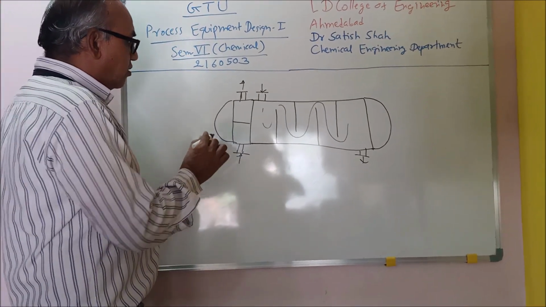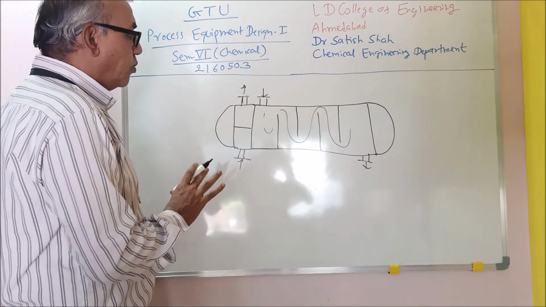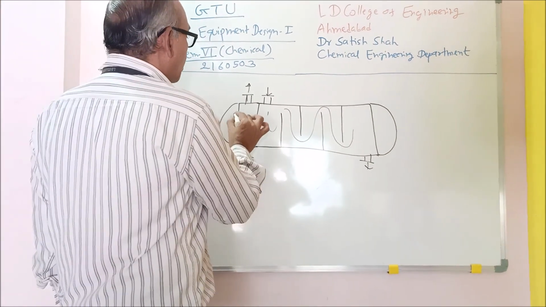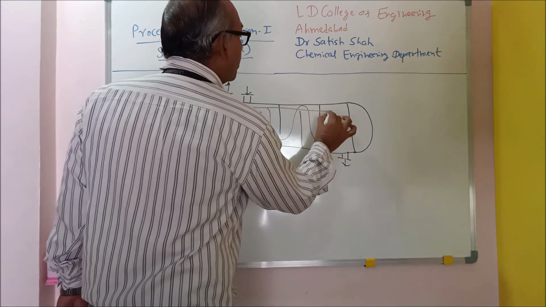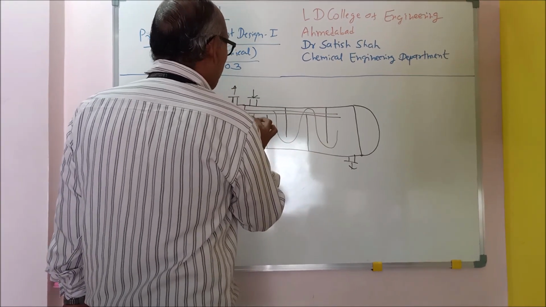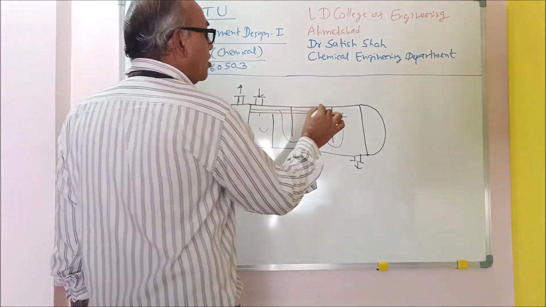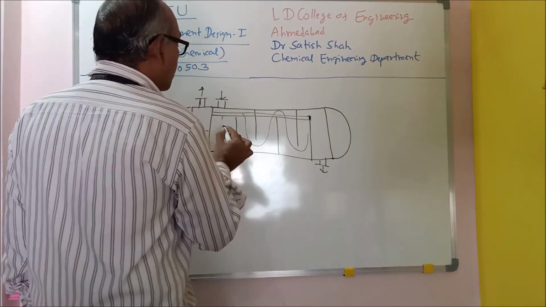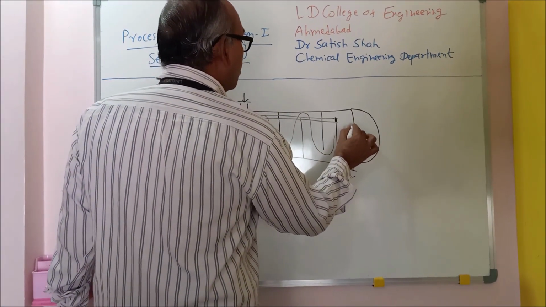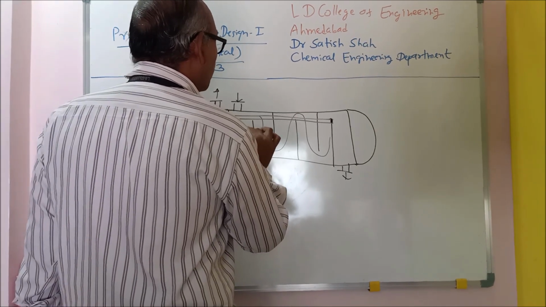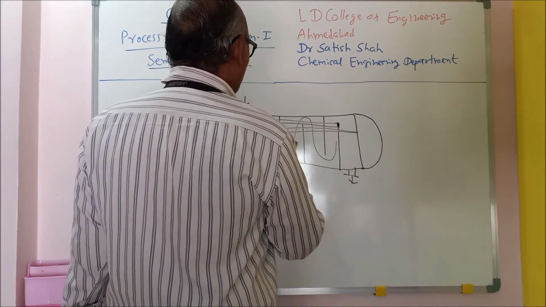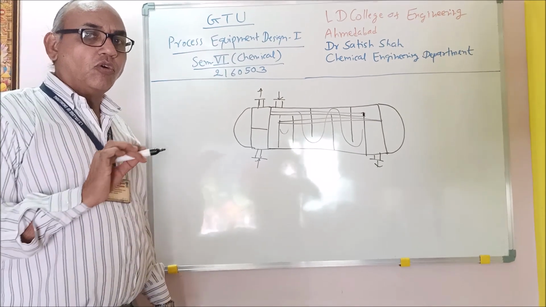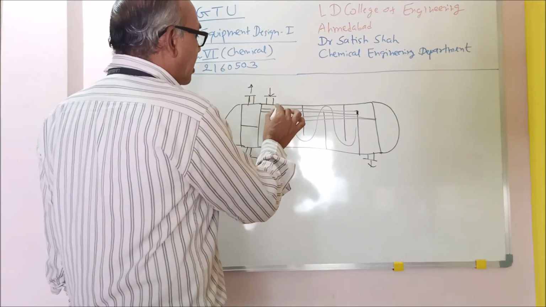Now, let me tell you the important parts. The important parts are the shell, which is cylindrical in nature. Then we have the number of tubes. So tubes will be here. The tubes will start from this end at the tube sheet and end at the baffle end. Suppose I have one baffle over here, so it will end over here. It will start from the other side, then end at the baffle at this end. So this way I have many tubes, which will be arranged in either triangular pitch or square pitch. So this will be the arrangement of the tubes.